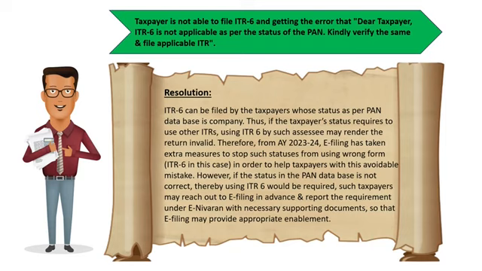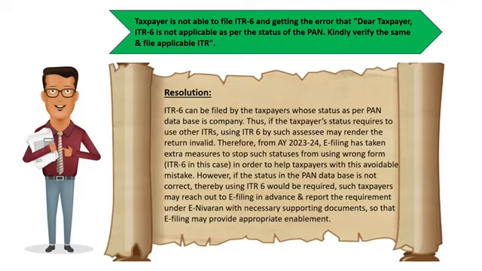return invalid. Therefore, from assessment year 23-24, e-filing has taken extra measures to stop such statuses from using wrong form ITR 6 in this particular case in order to help taxpayers with this avoidable mistake. However, if the status in the PAN database is not correct, thereby using ITR 6 would be required, such taxpayers may reach out to e-filing in advance and report the requirement under e-Nivaran with necessary supporting documents so that e-filing